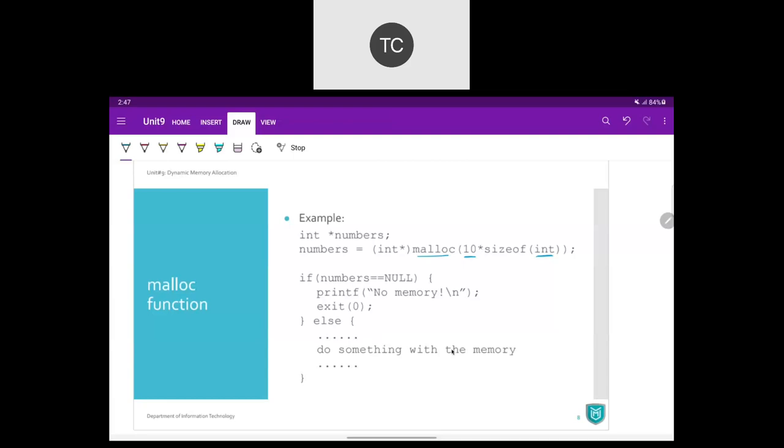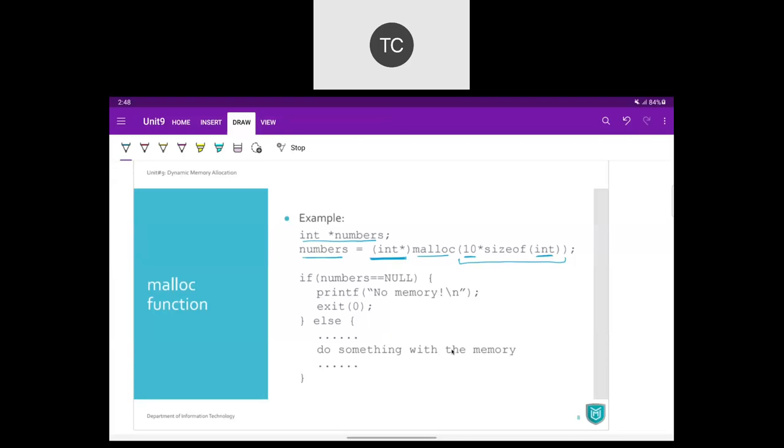If an integer is 2 bytes, then this is going to allocate us 20 bytes total. Then we typecast that memory address to integer star, and we store that address in a pointer variable numbers. Make sure that numbers is a pointer variable having integer data type.